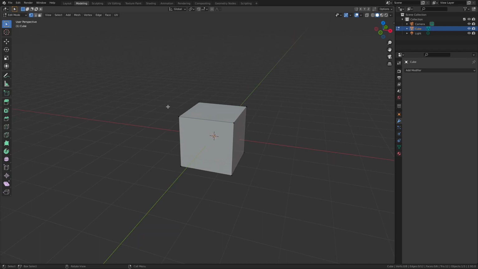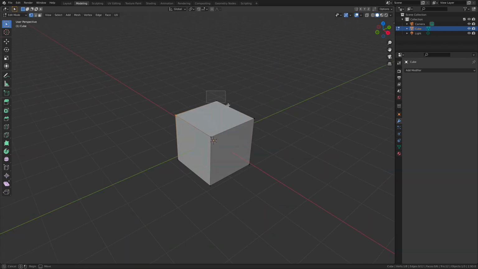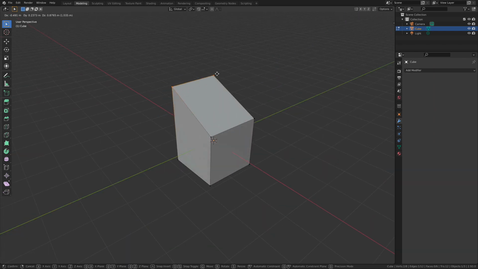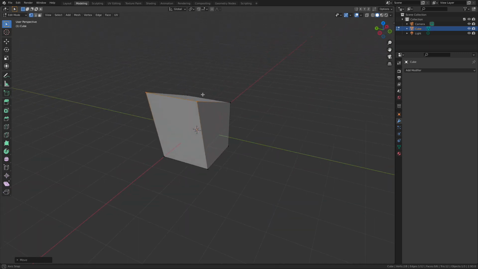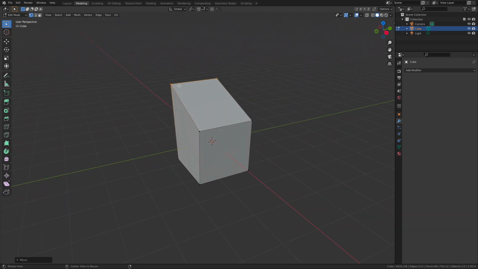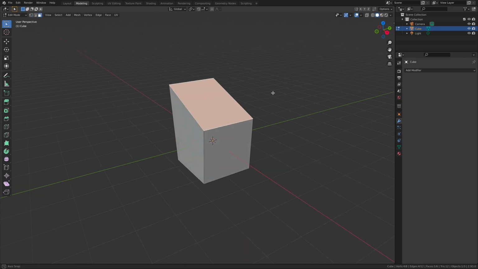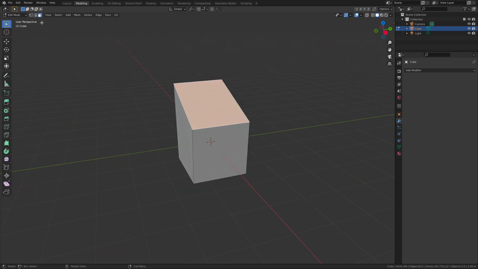And as one might imagine, this is how we can go in. We can select verts. We can move them around, what have you. This is where we edit the components inside of our meshes. So the verts, the edges, and of course, last but certainly not least, the faces as well. But it's not the only mode, and I want you to remember this because whatever mode you're in is going to determine which tools you have access to in your toolbar.